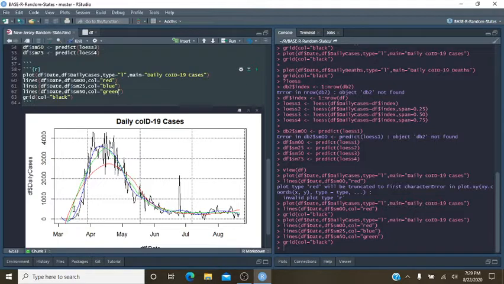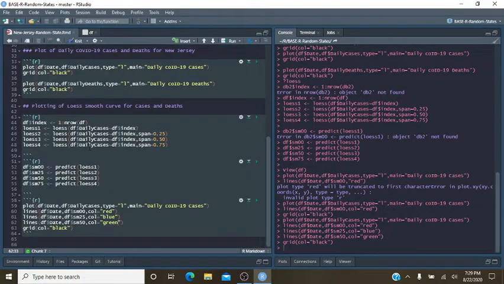Now you can see with cases how the various spans compare. Red is the 0.25, the default, and blue. That's kind of nice, but you know what, I hate to say it, but let's just go ahead and.